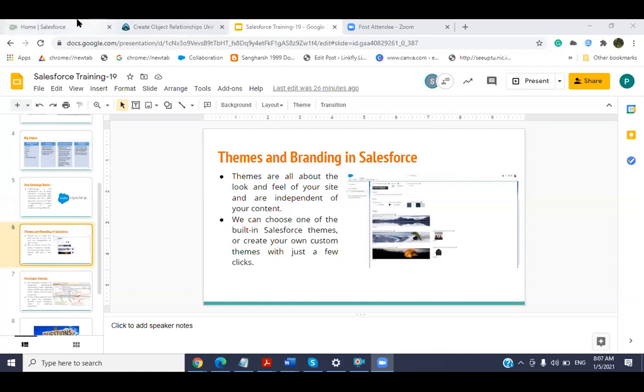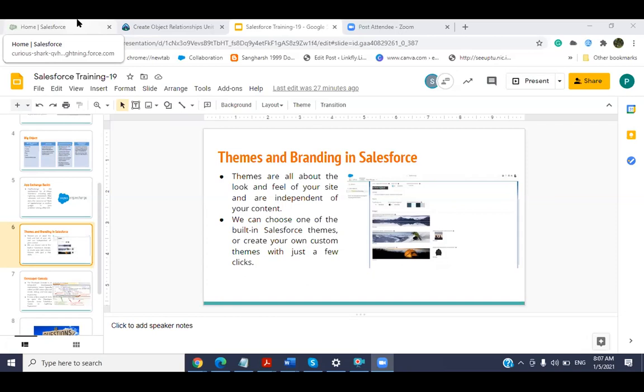Yes. Whenever we talk about themes and branding, we all know that we use themes on our laptops and phones, so we are familiar with themes and branding. Salesforce also provides features where we can customize our logo and our theme according to our company or organization.